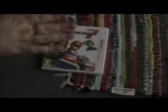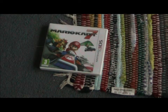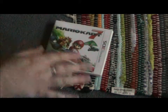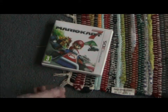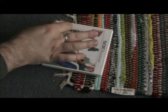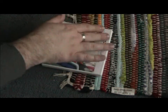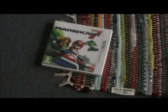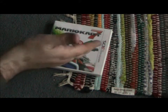Okay, so now we're going to move on to the fantastic Mario Kart 7. Again, with the Mario games, very colourful cover with the Mario, Luigi and Bowser. Something I found about the Nintendo 3DS boxes is that on other console games, you tend to have the name of the company or the console down on the side, but Nintendo have decided to put it on the right hand side, which is a little bit strange, a bit funny for me because I'm not really used to it. So yeah, we've got Mario, Luigi and Bowser on there, and